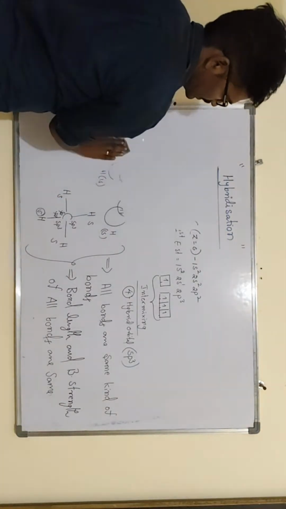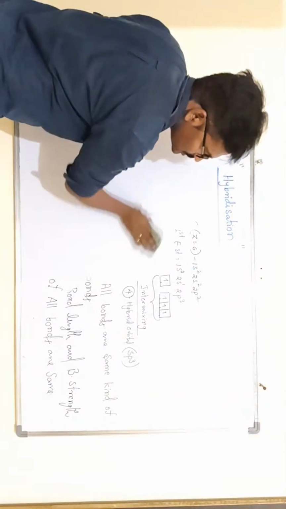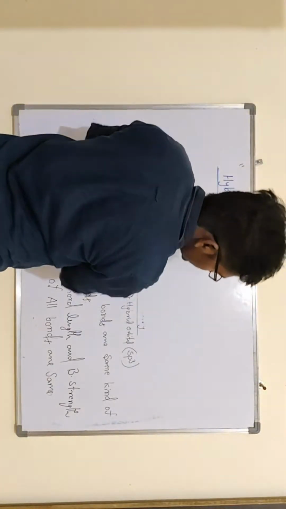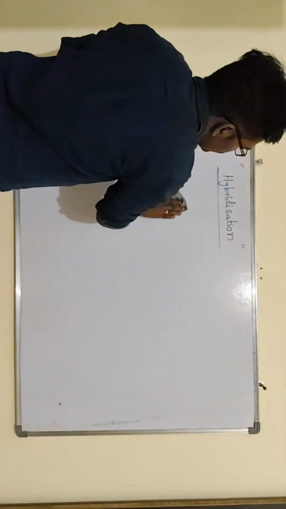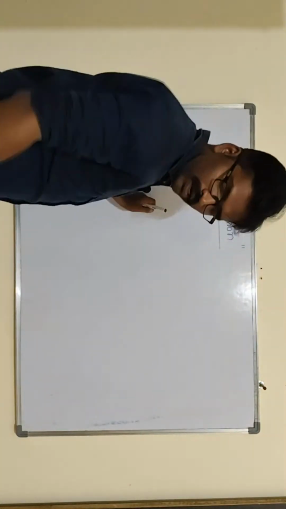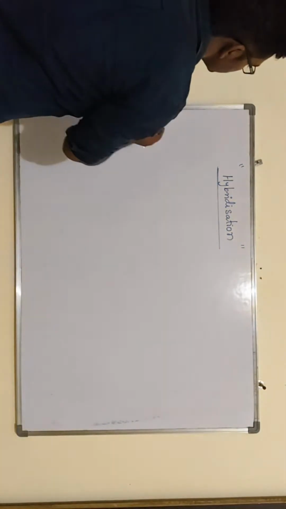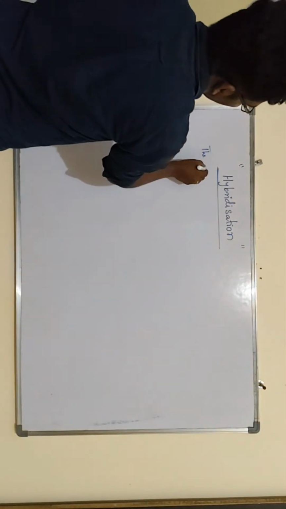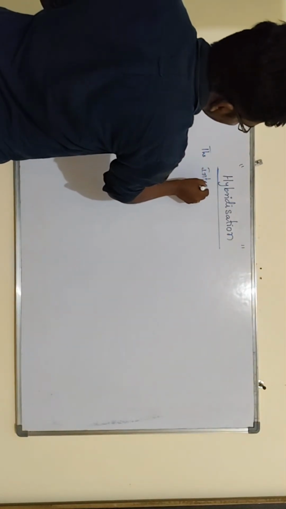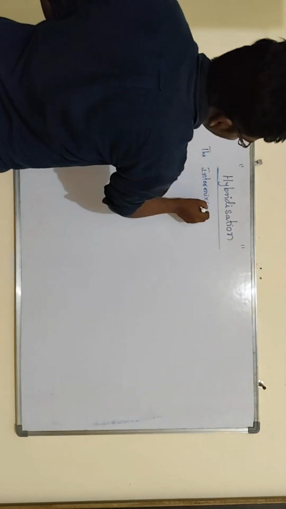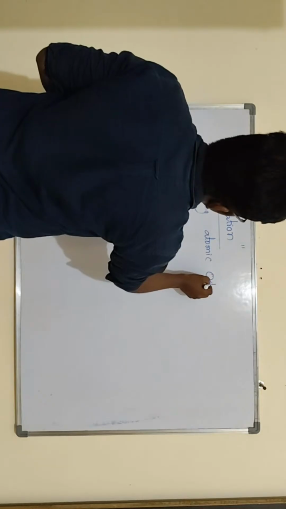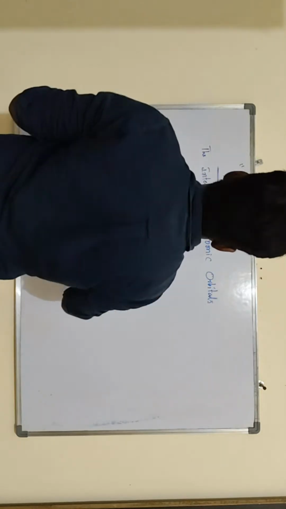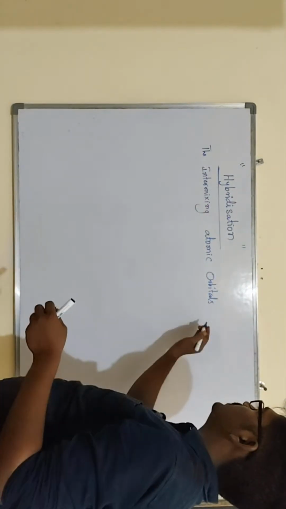Clear, all of you? The intermixing of atomic orbitals